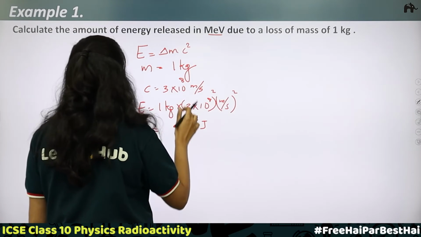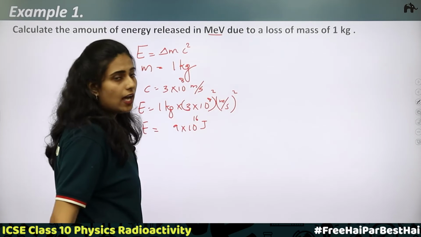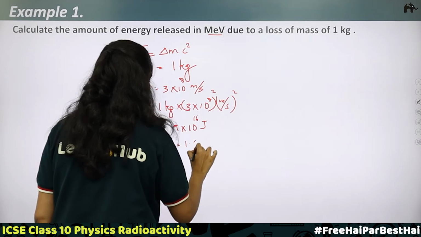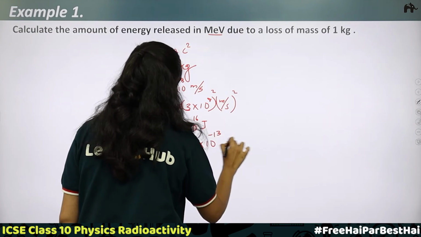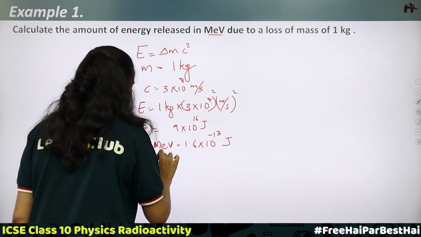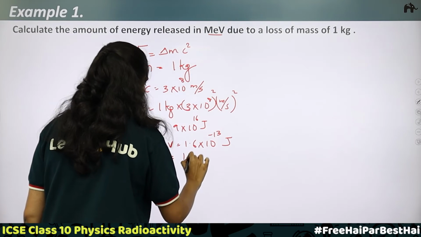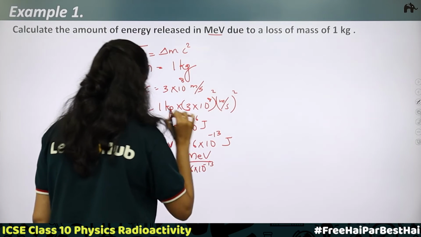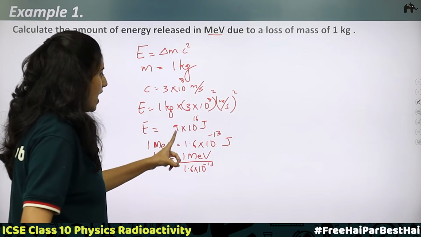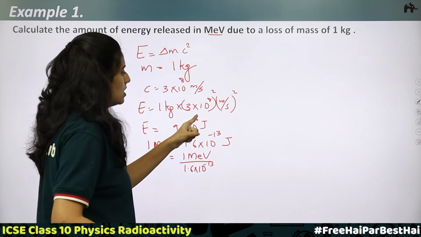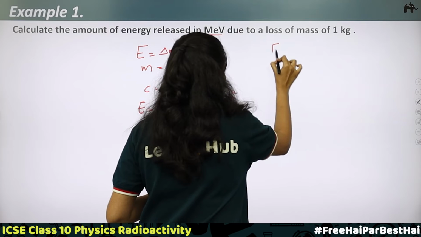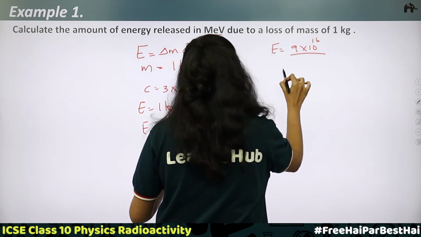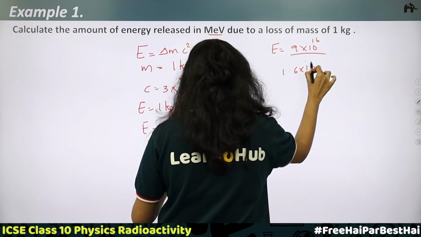Okay. Now we need the energy released in mega electron volt. So we have a relation: 1 mega electron volt is equal to 1.6 × 10^-13 joules. Then what is 1 joule? 1 joule will be equal to 1 mega electron volt divided by 1.6 × 10^-13. So this is 1 joule. We have energy equal to 9 × 10^16 joules. So here the energy will be equal to 9 × 10^16 divided by 1.6 × 10^-13